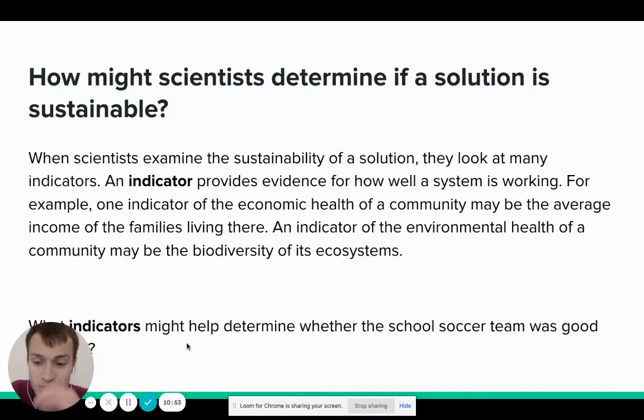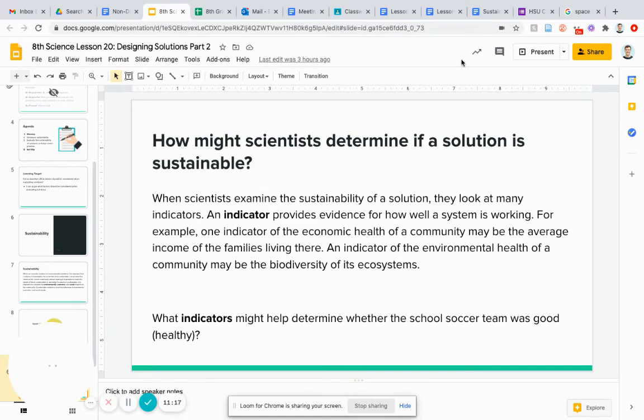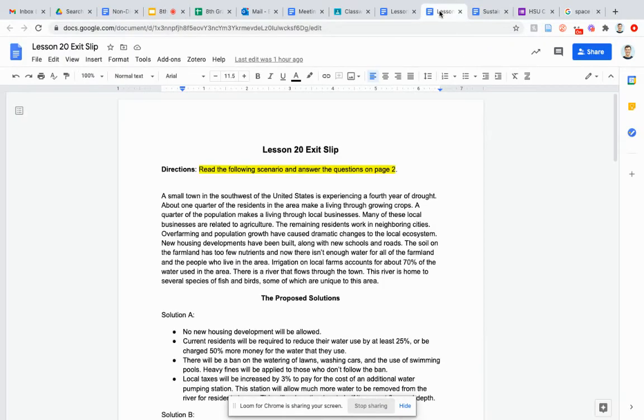So cool. So now that we understand what indicators are, let's actually look at the sustainability of a proposed solution. So last class we talked about Holly's family's farm, which was being overrun by insects. And we looked at 4 different solutions. Those solutions were